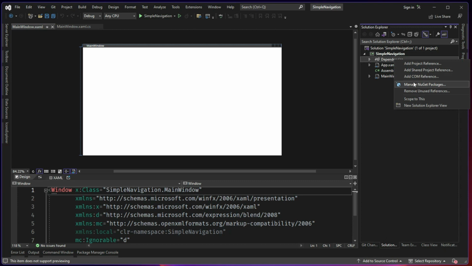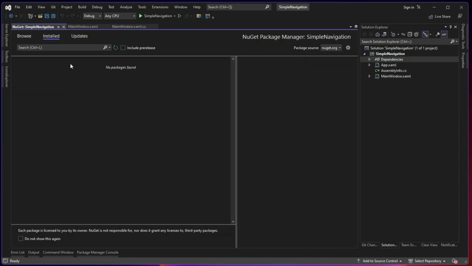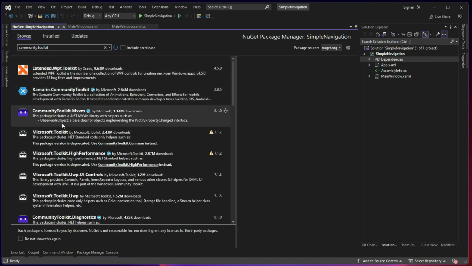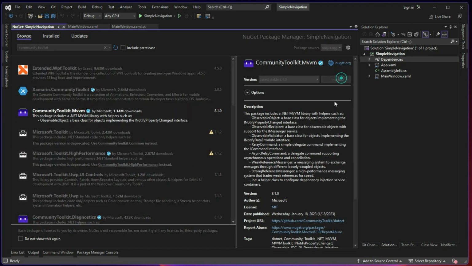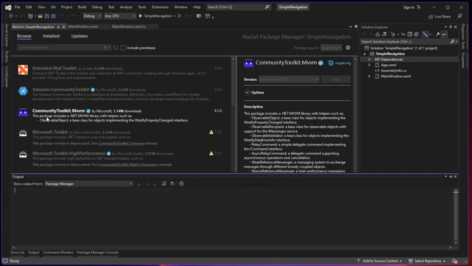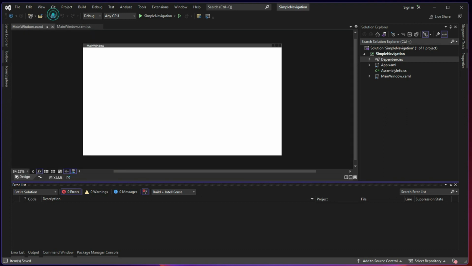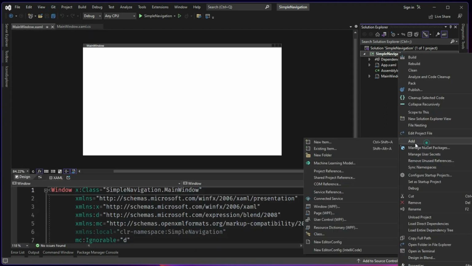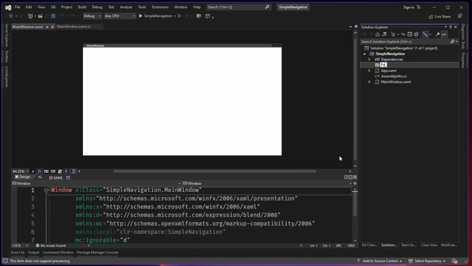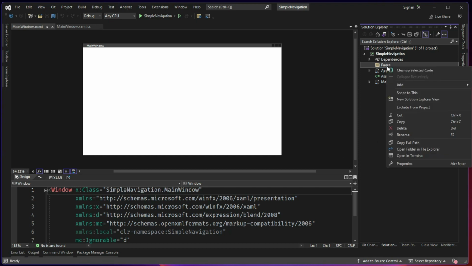Here I'm going to stick with an open source library from Microsoft, which is Community Toolkit. You can use any toolkit you want. Usually I use Haley MVVM, but in this video I want to try something different, so I'm using Community Toolkit from Microsoft. Now that we have this, let us create a couple of pages, and these pages should be user